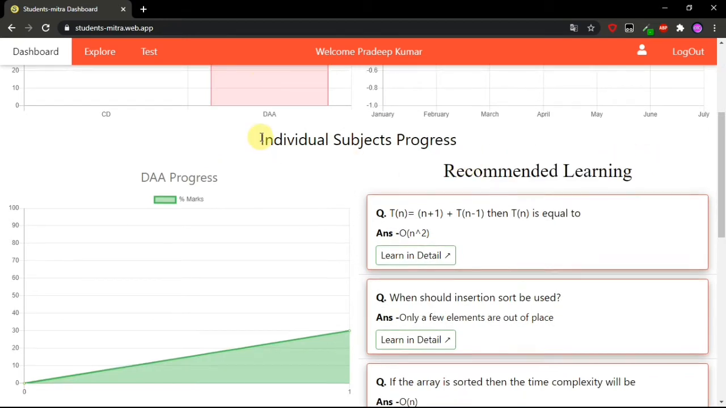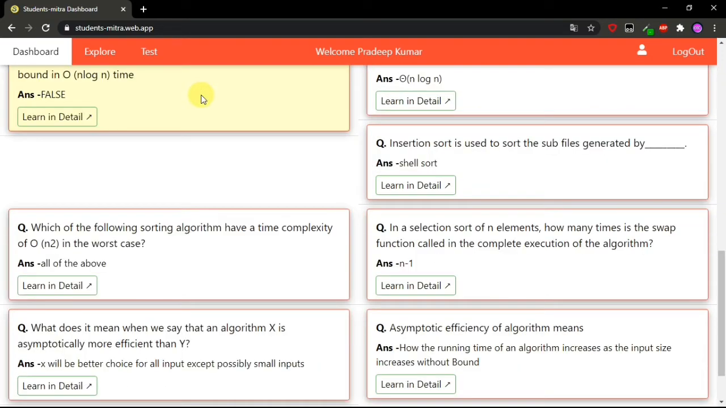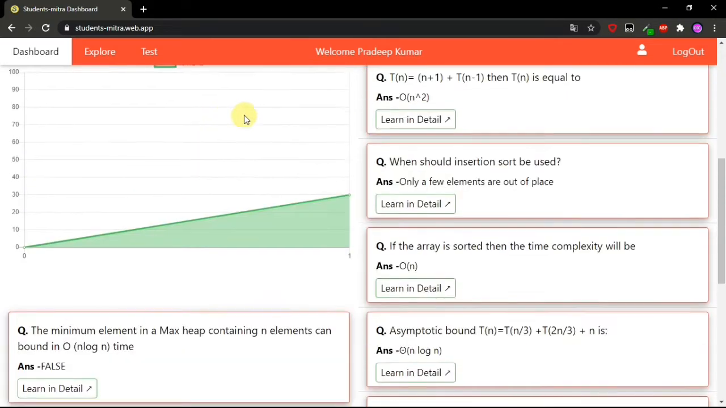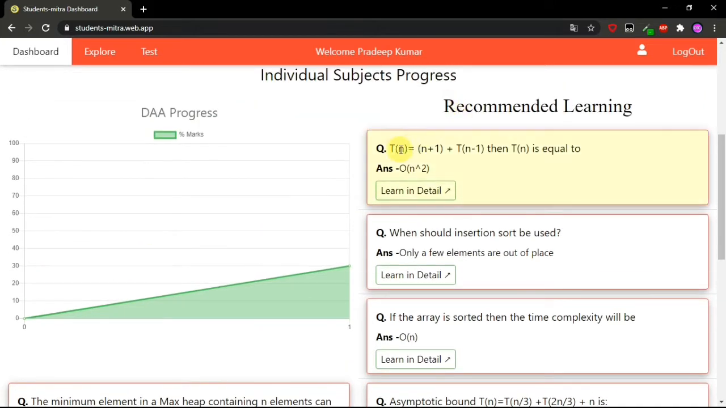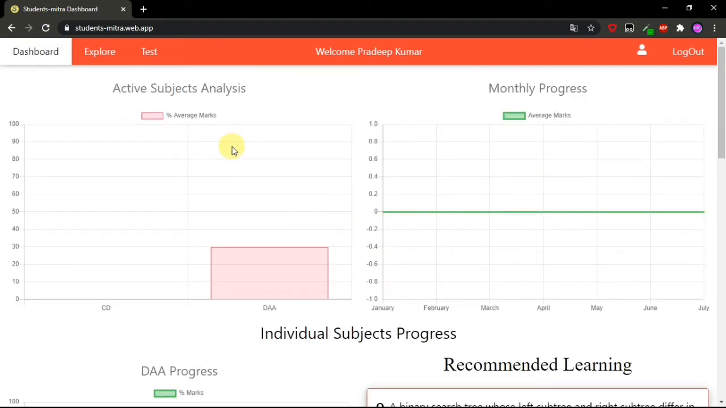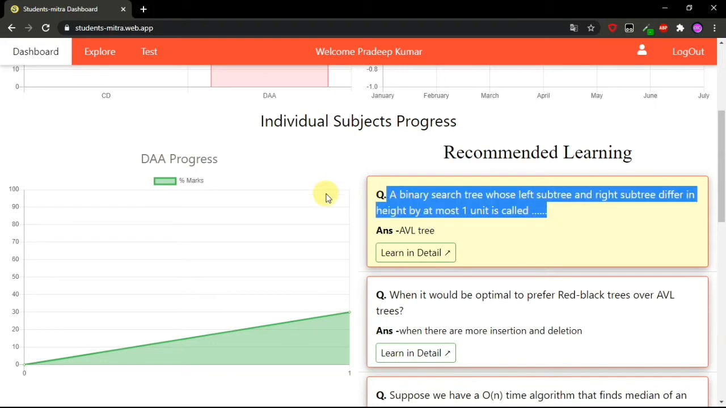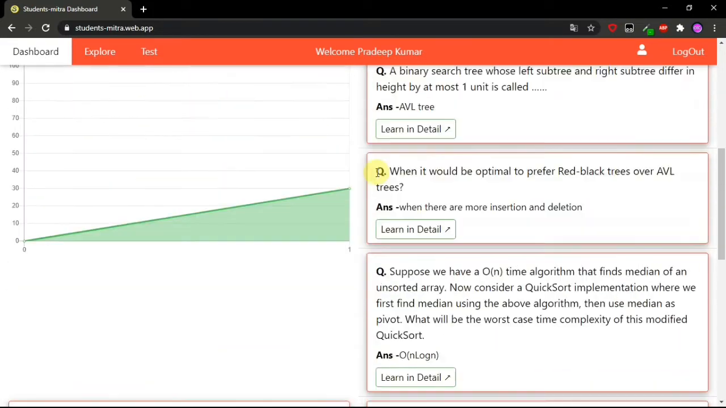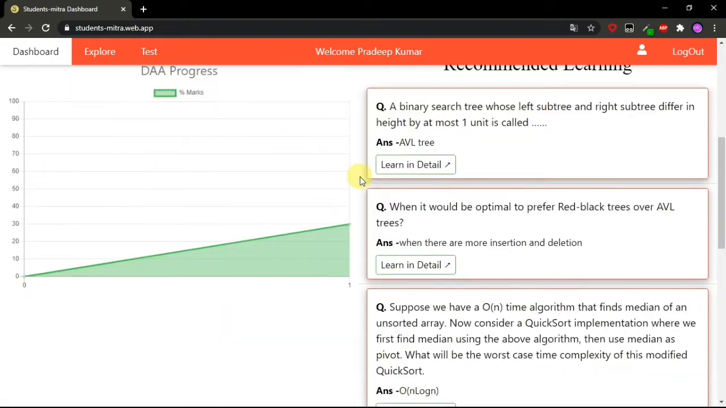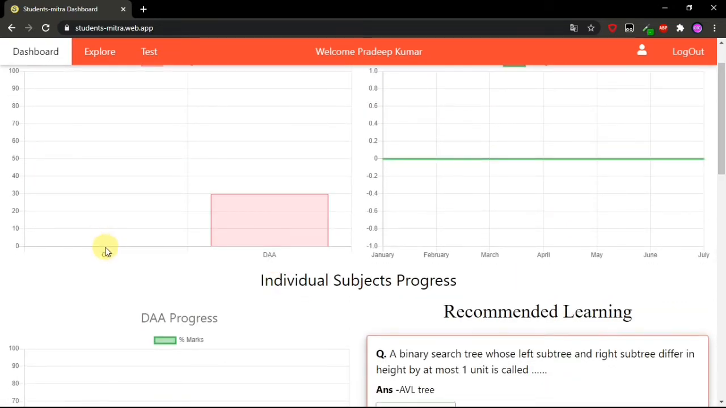learning. For example, here I am getting some DA questions in my recommendation, and the unique thing is that these questions will not be the same each time. These questions will be changing each time. For example, you can see this time is a new question. Every time I visit this page, I will get some new questions from the DA subject, and you will